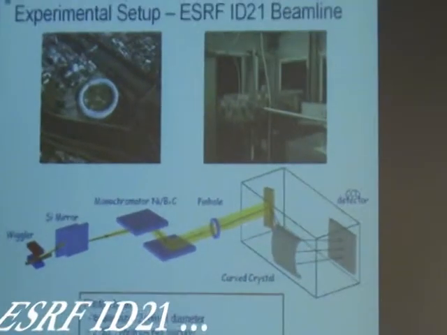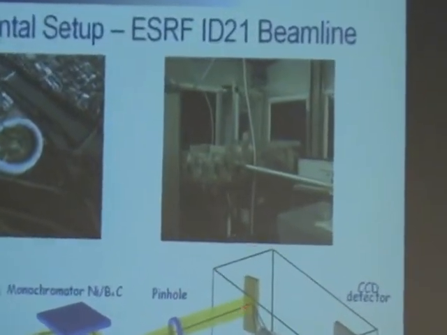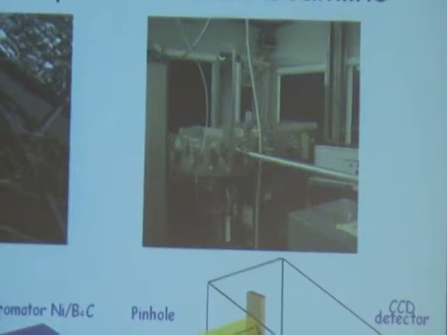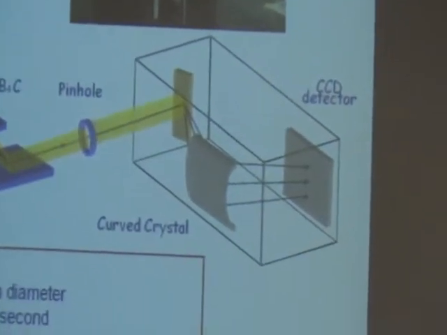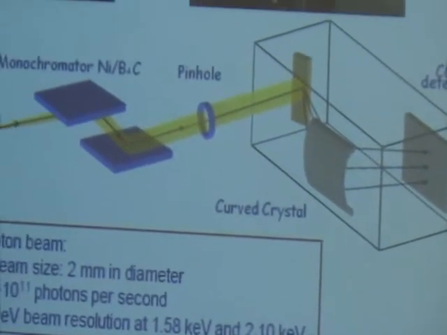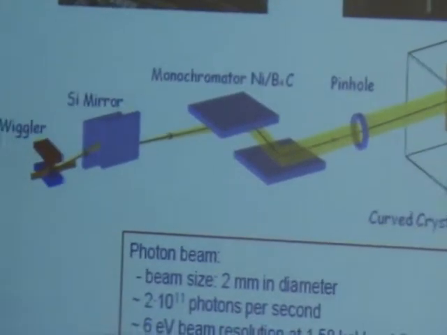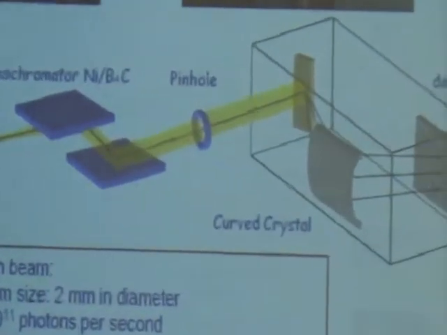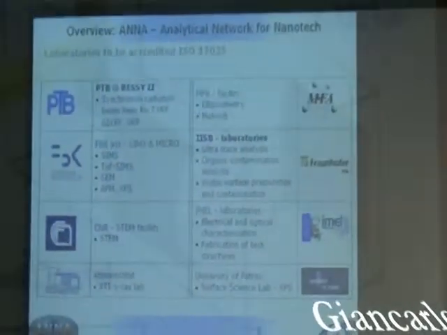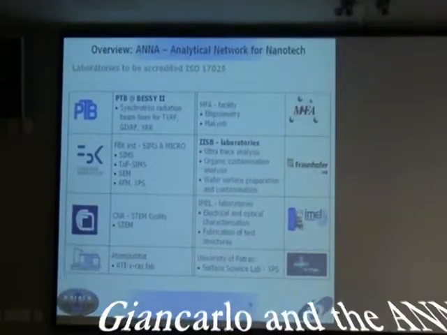The beam size which was incident on the target was 2 mm in diameter, and we had an average of 2 times 10 to 11 photons per second incident on the target. Beam resolution was 6 eV for the two energies of interest, the aluminium K alpha line, and the other line. And here you see every institute has got its